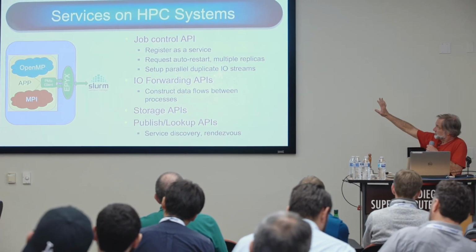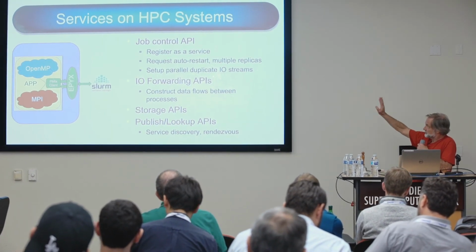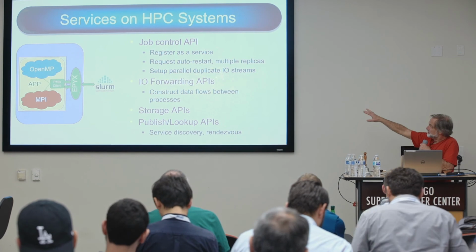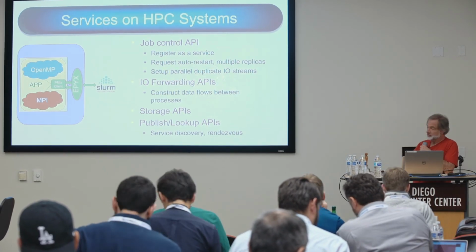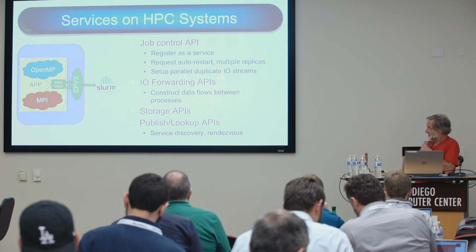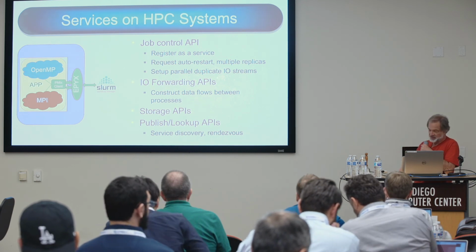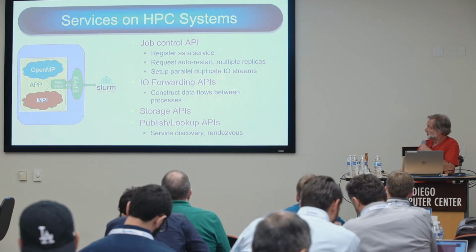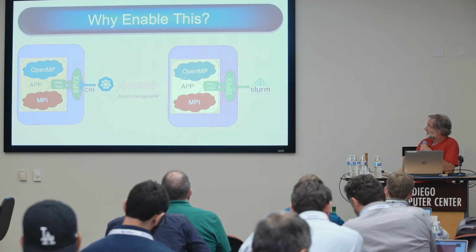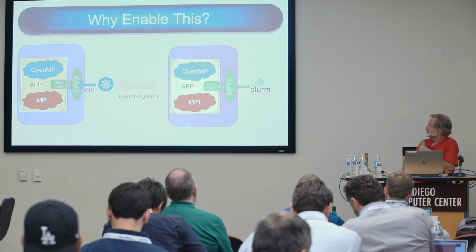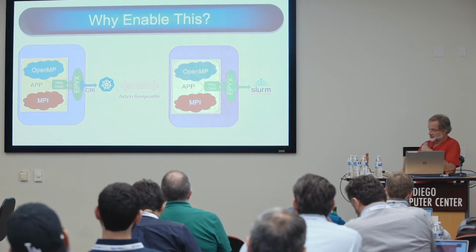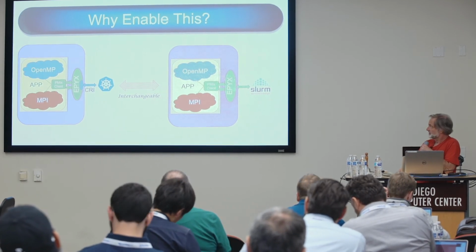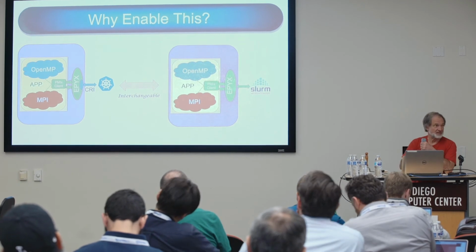If you go ahead and you register that you're a service, so I know that you're going to be doing this, but then you can also go through various things like registering for an auto start and multiple replicas and things like that. And then the capability to support that will be built in. So why do this? Because we want to be able to take a container and move it across these boundaries and not have to do a ton of individualized work.